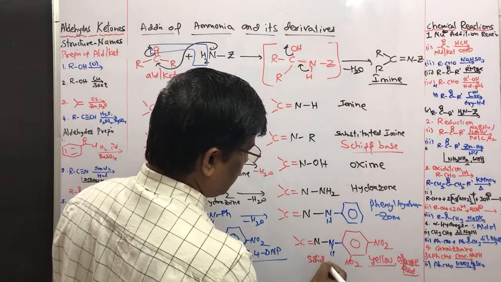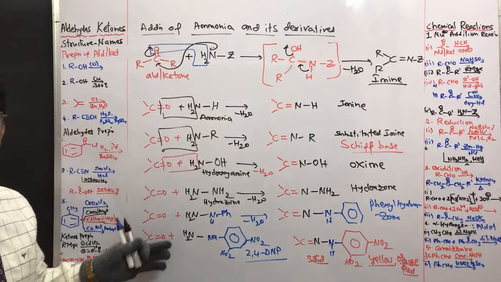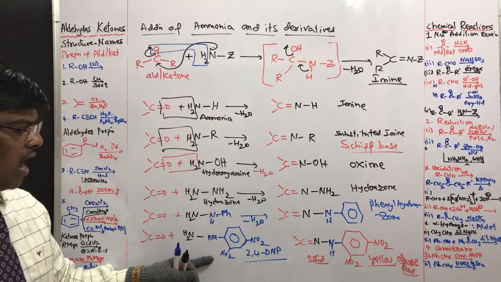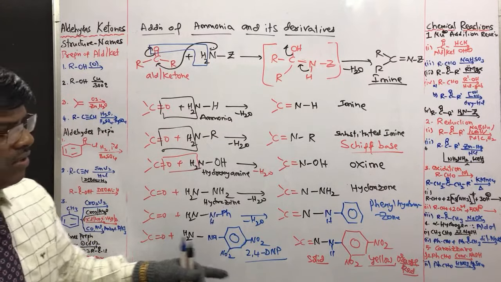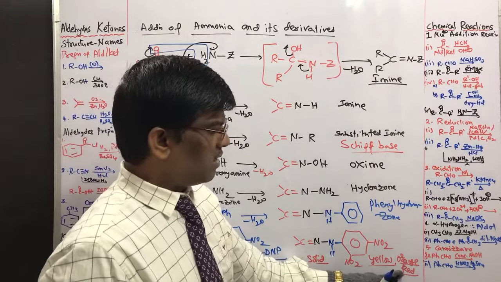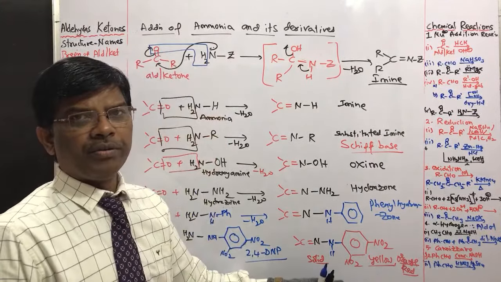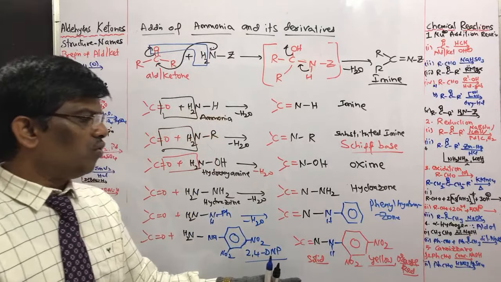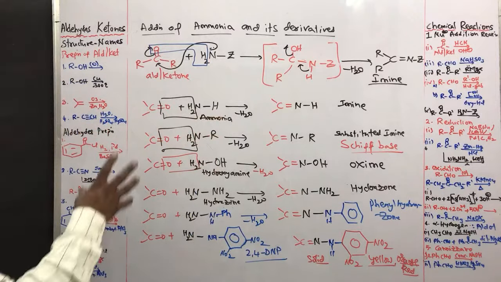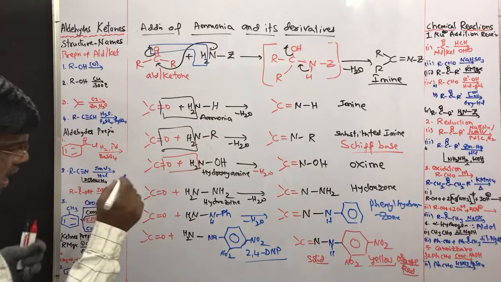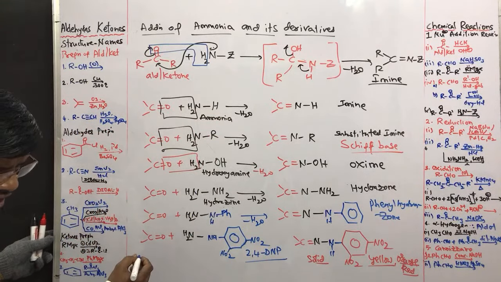So simply take aldehyde or ketone in a test tube. When you add this 2,4-DNP, you will get crystals of this. Yes. So you are going to get a solid of this orange-red colored compound. So the 2,4-DNP test is very very important for the identification of these carbonyl compounds. And another very very important reaction it undergoes is